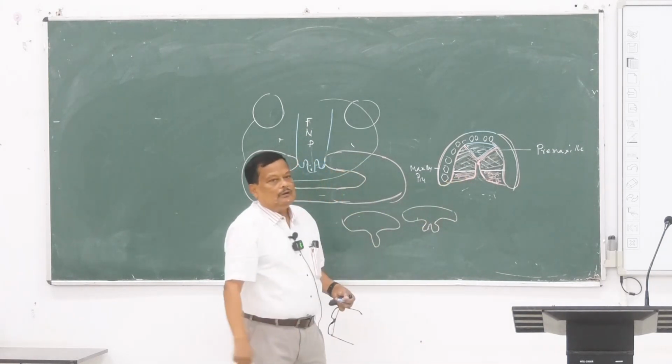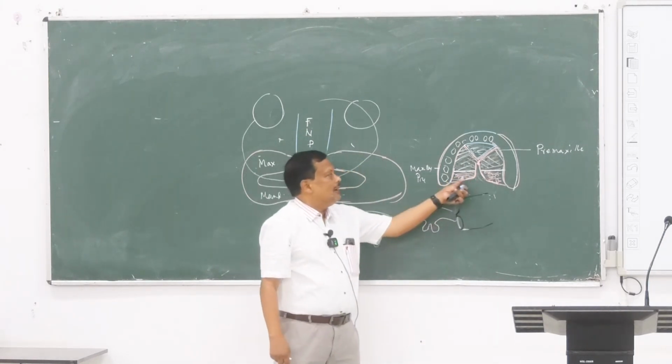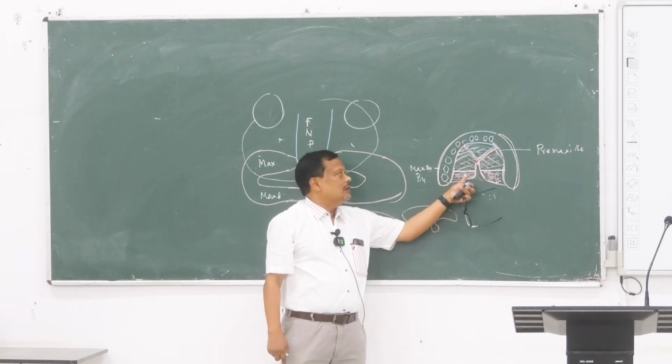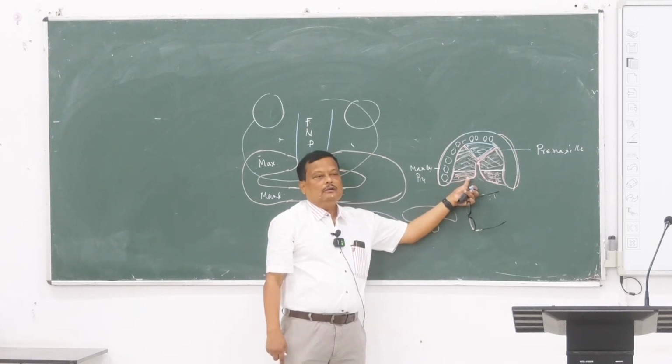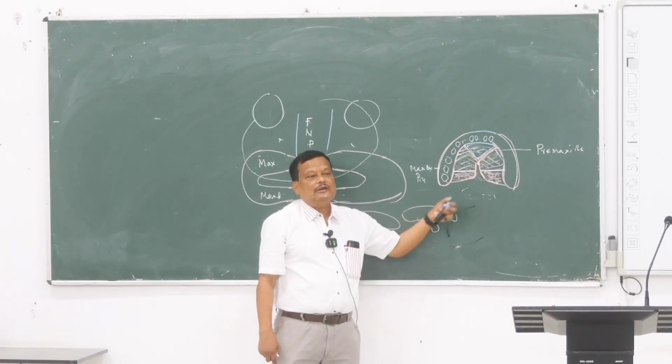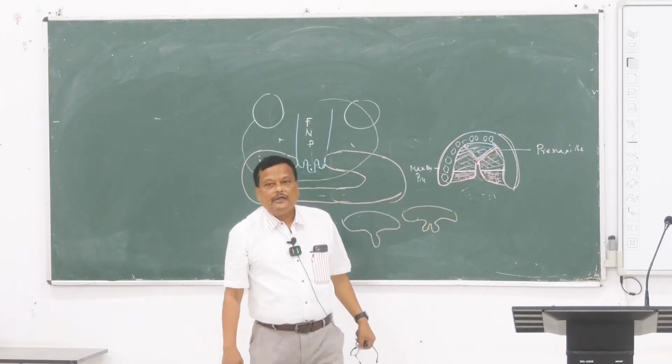With more bad luck, the posterior part of the hard palate doesn't join between the right side and left side. It can be a partial cleft palate. What is the danger?